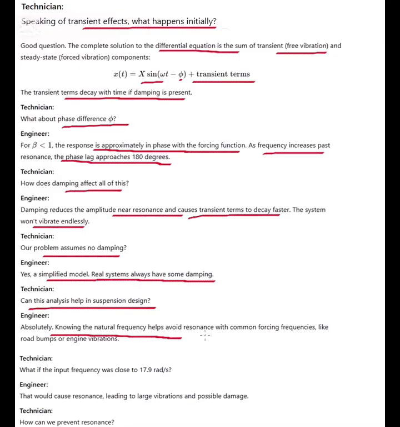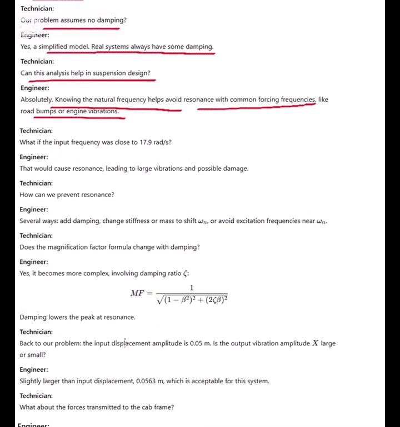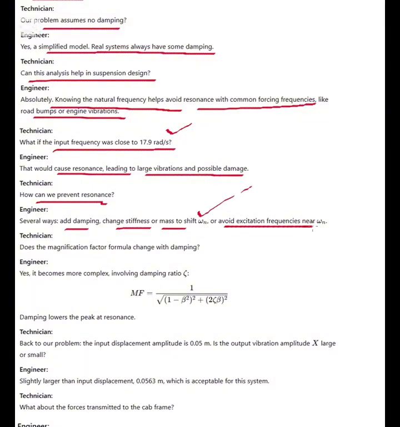Knowing the natural frequency helps avoid resonance in common forcing frequencies like road bumps or engine vibrations. What if the input frequency was close to 78.9? If it's close to the natural frequency, that would cause resonance, leading to large vibrations and possible damage. How can we prevent resonance? By adding damping, changing stiffness, or mass, and trying to shift the natural frequency or avoid the excitation frequency near